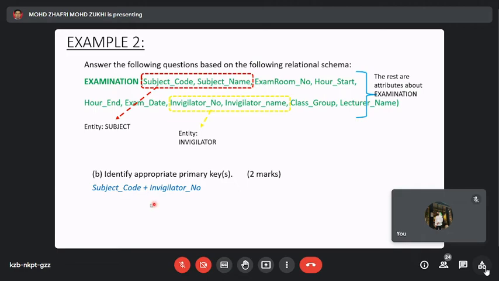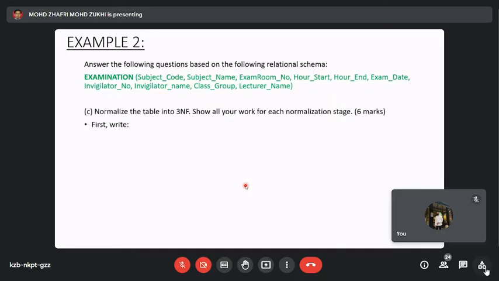So we know these two attributes are from two different entities, or two different tables. Subject code is from the subject entity, invigilator number is from the invigilator entity. So that is the answer for question B. Next, normalize. Same as example one, it asks us to normalize into third normal form, and